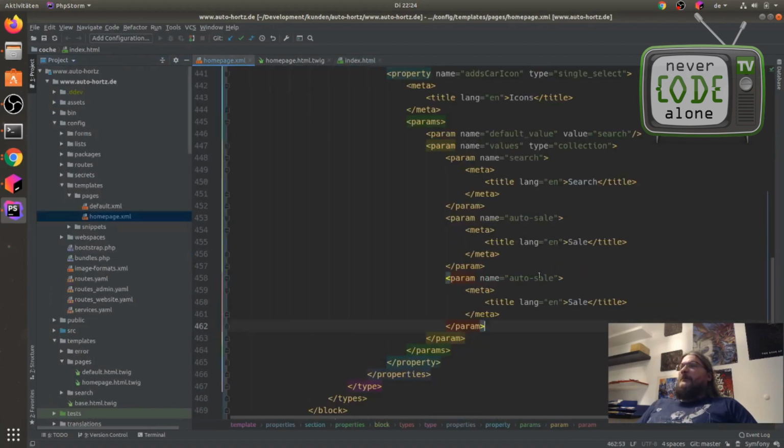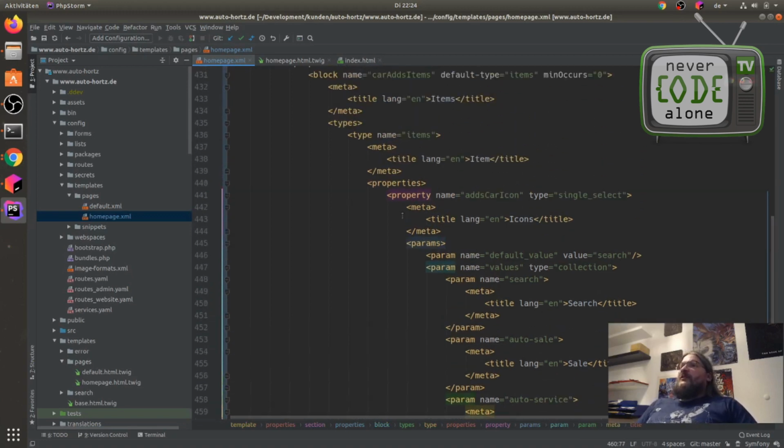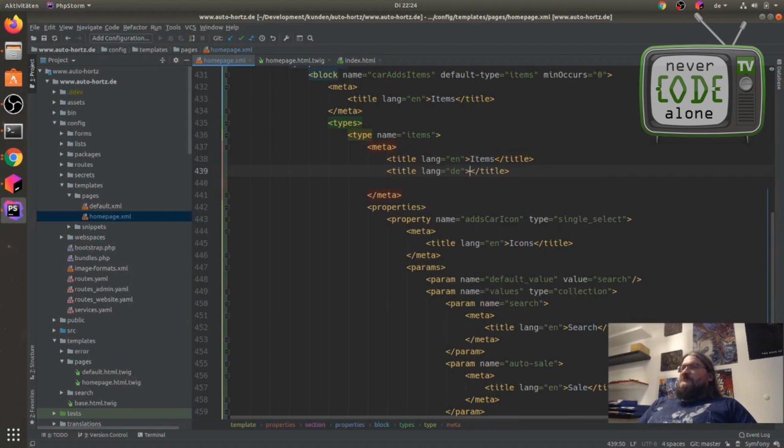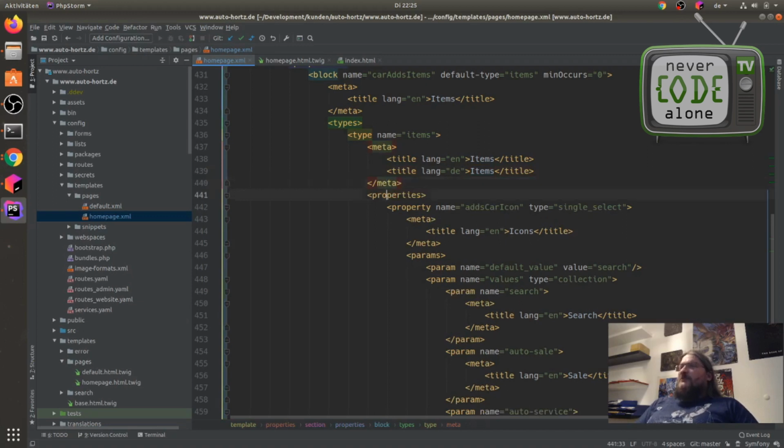Service. Service and service. So we just add here some German words. We make the arrow away. We add here a new DE title. Maybe it's also items. There's not a really good German word for it.